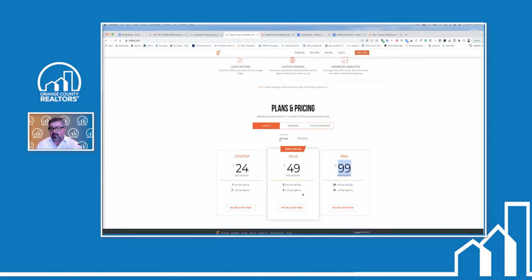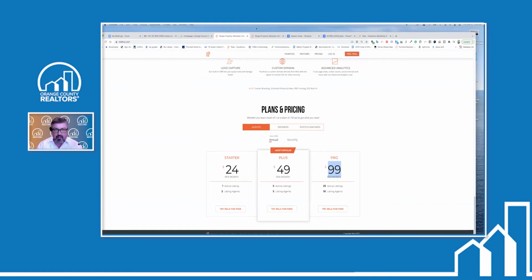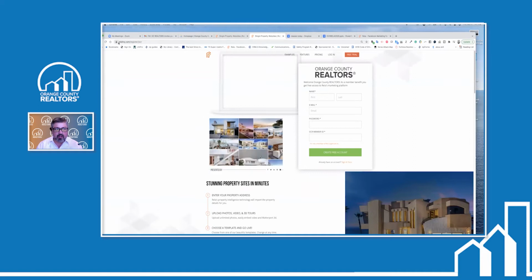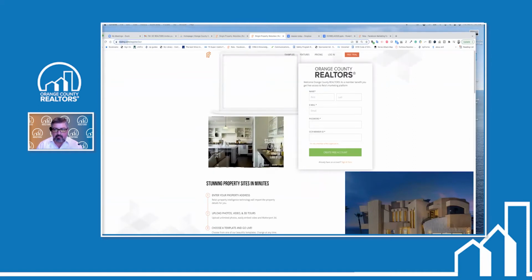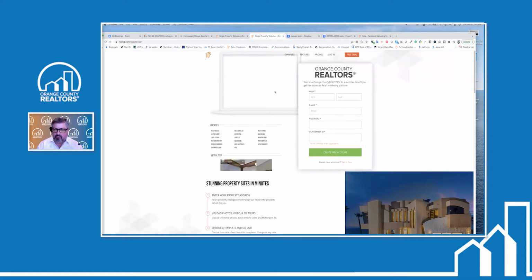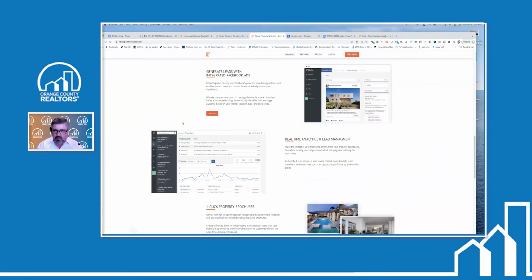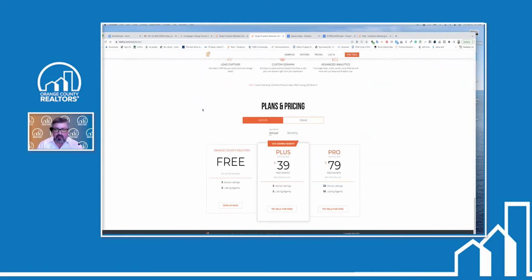Now, as I was saying, this is a member benefit to you as Orange County members. So the website you want to go to access your member benefit is www.relahq.com/OCR. When you type that in your web address, you're going to immediately see that it's branded with the Orange County Realtors logo. And for our members, RELA has a special pricing plan. If you come all the way down to the bottom, you're going to notice here that for being an Orange County Realtors member, you can have for free, at no cost to you, 3 active property websites at any